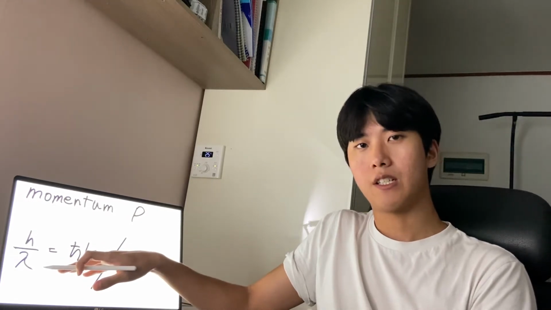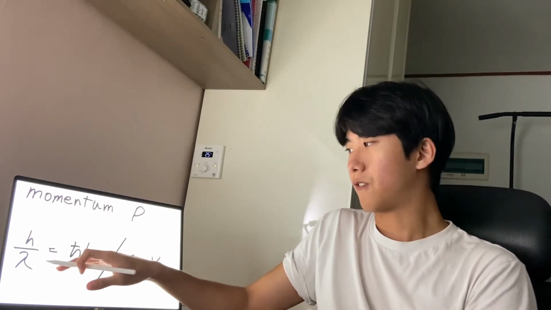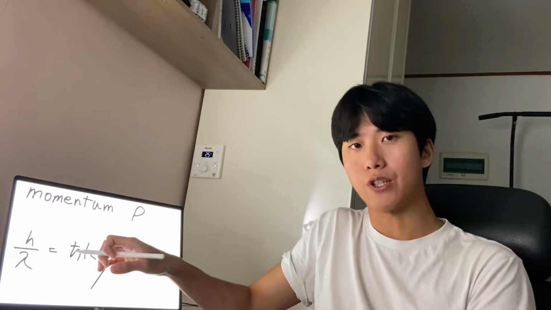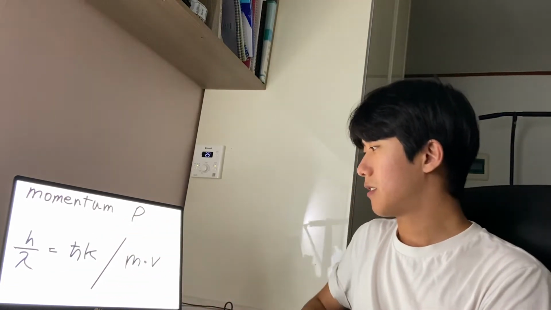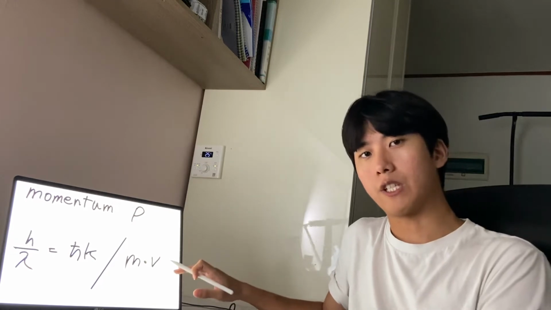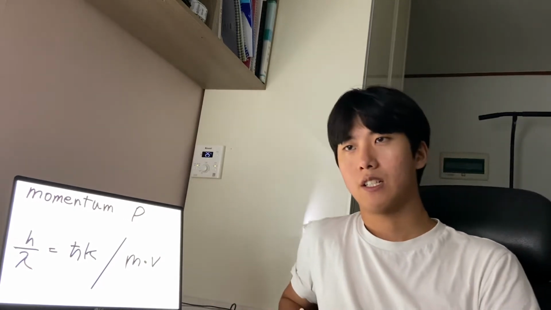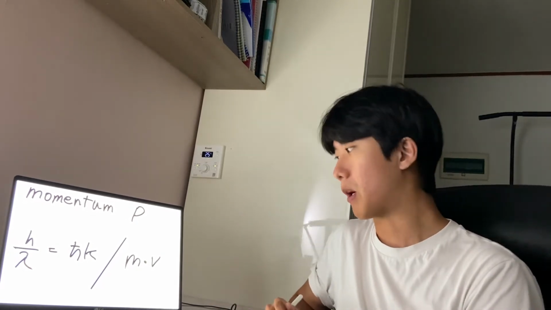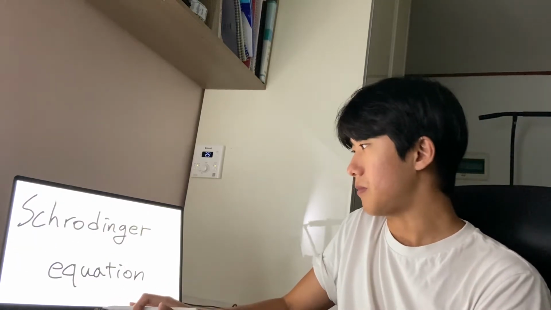This is the formula as a wave, and p equals mass times velocity is the formula as a particle. So